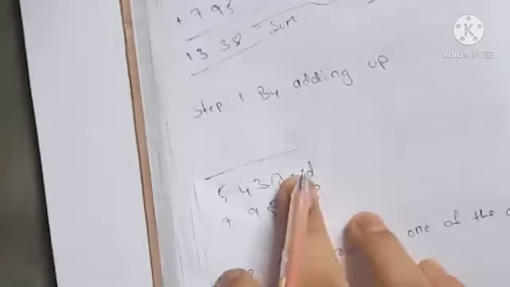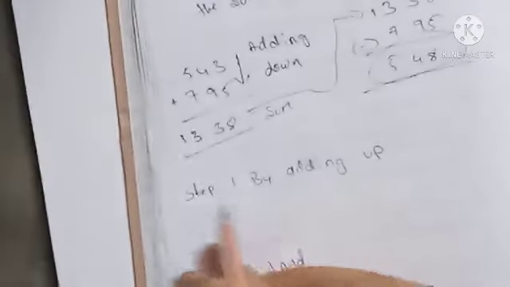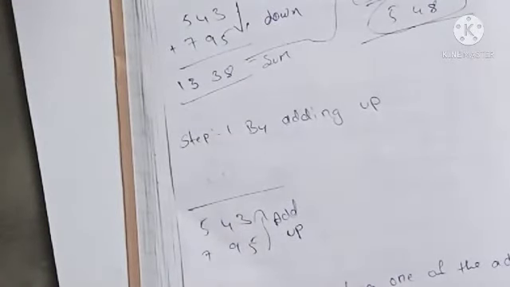Here, see, I think it's clear. Now step one. Is it clear? Yes, now it's clear, I think. Now step one, what is step one? We have to add up. Here the question is there, no? We have to add that only up. If we got the same answer, this is correct. Otherwise there is some difficulty, some confusion. Then you can do the other step also. The other step is by subtracting.